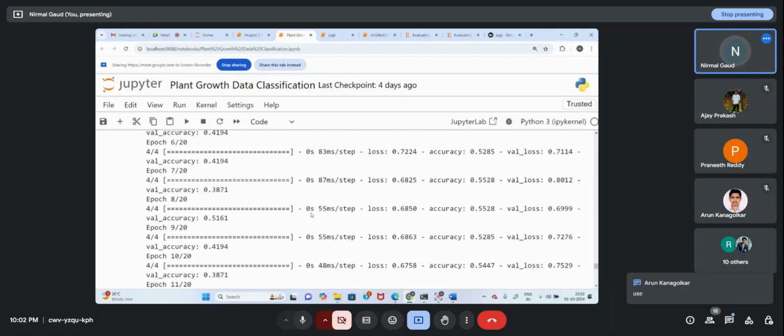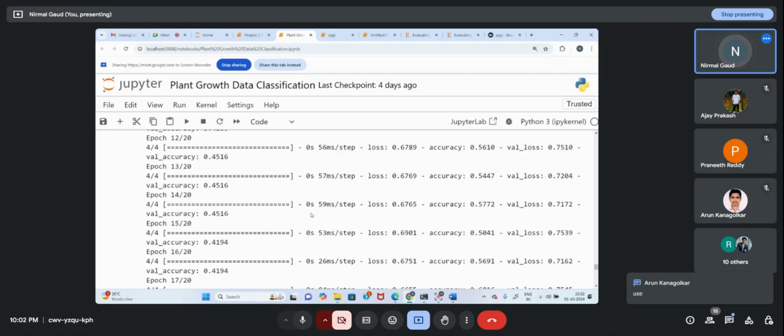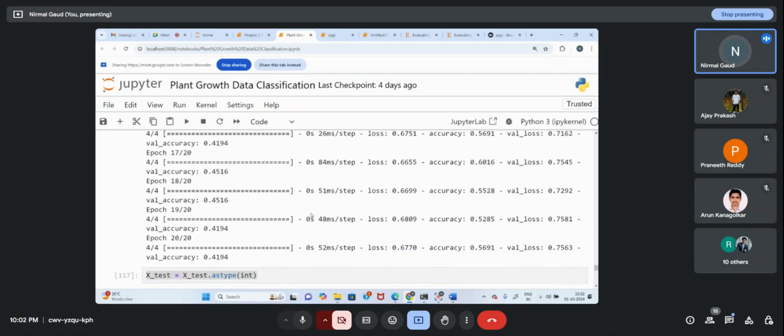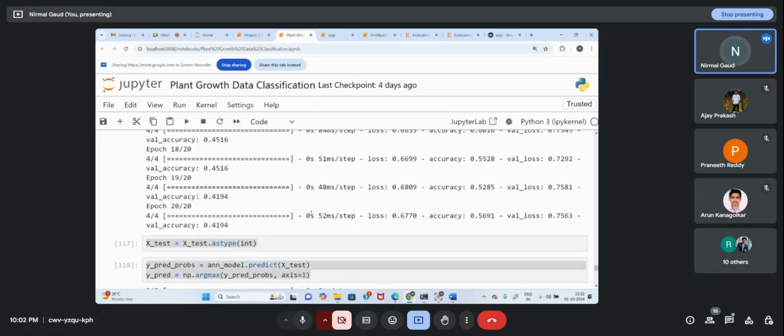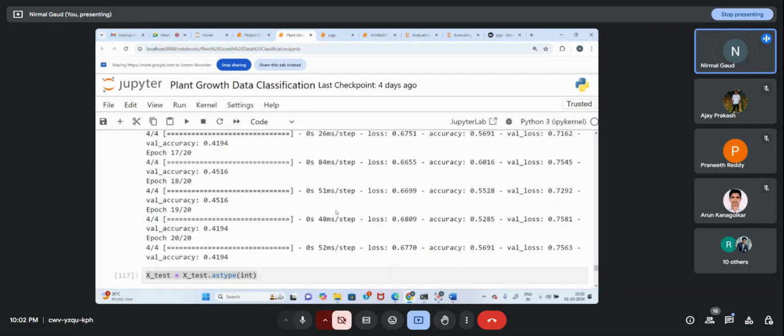Another thing is, we are already struggling to get a good score, good accuracy. So there is no point in recommending regularization techniques like batch normalization or dropout. You can try, but at least you can try, because see here,